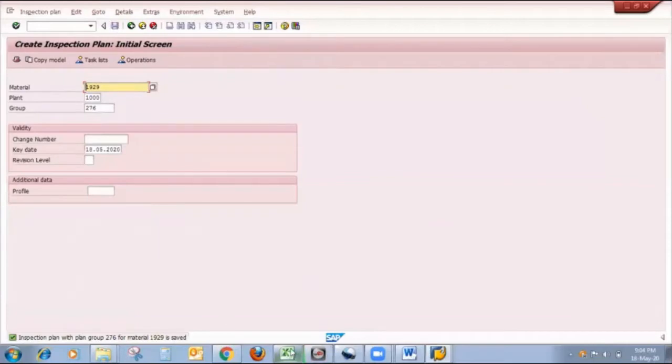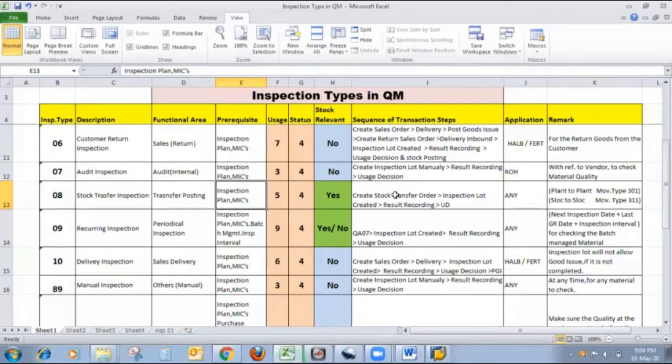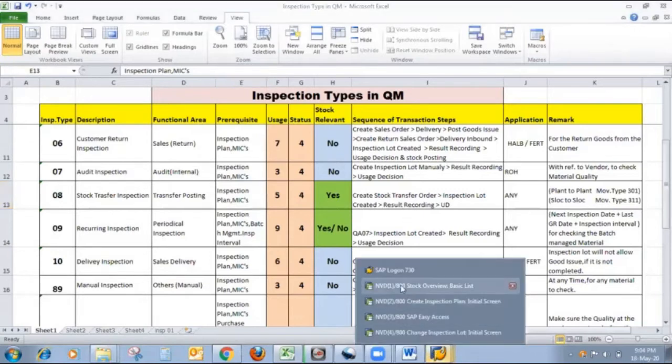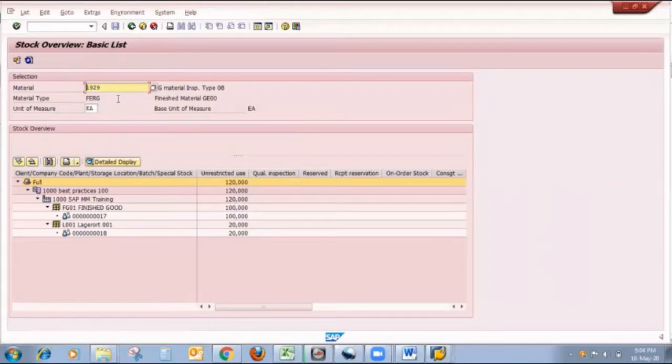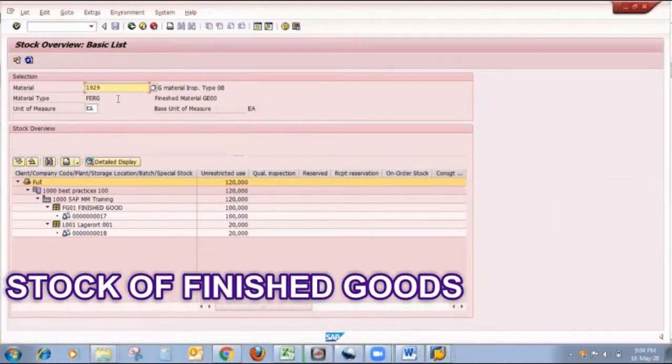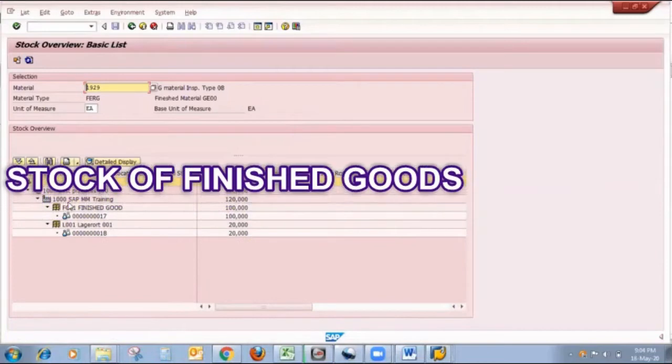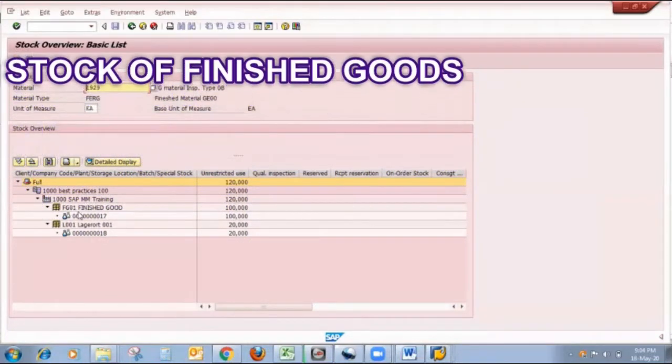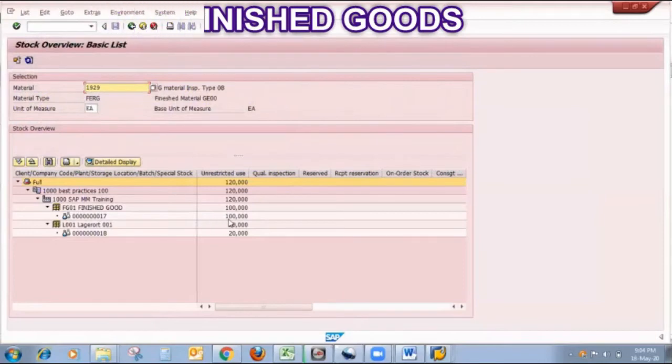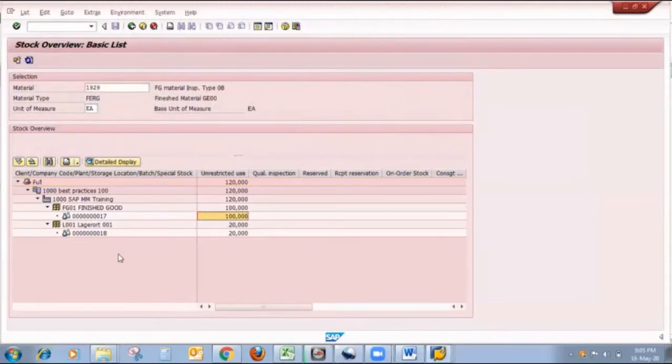Moving towards the inspection chart, my next step is to create a stock transfer order. But before that, I want to show you the current stock situation of that finished material. My finished material is 1929, and as shown on the stock overview screen, for plant 1000, in storage location FG01 with batch 17, my stock is 100, and in storage location L001 with batch 18, my stock is 20.